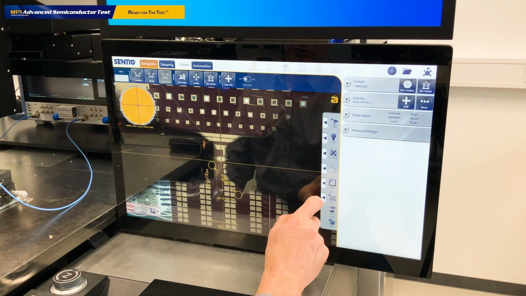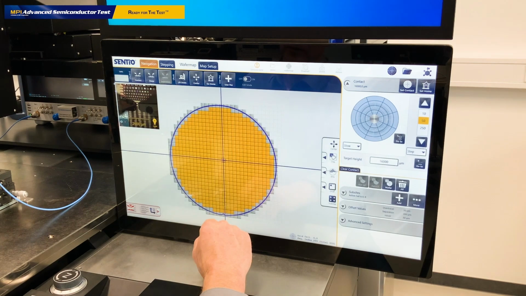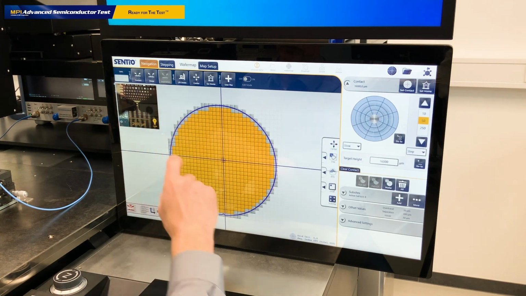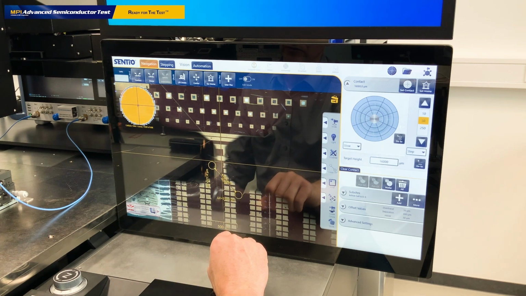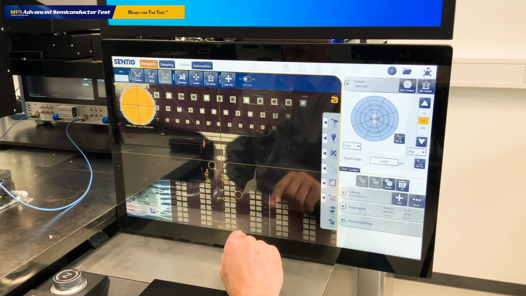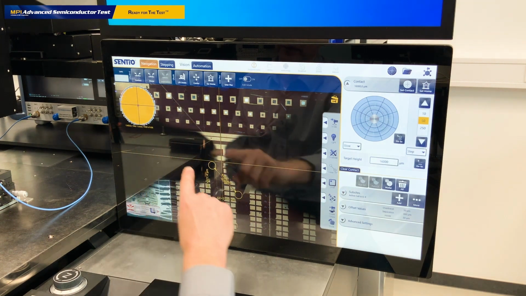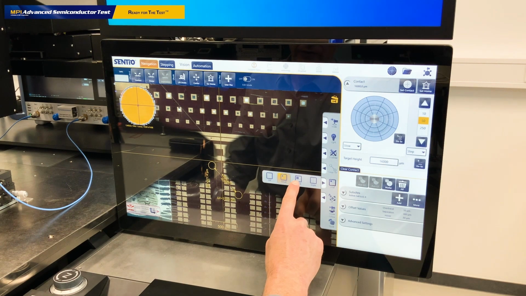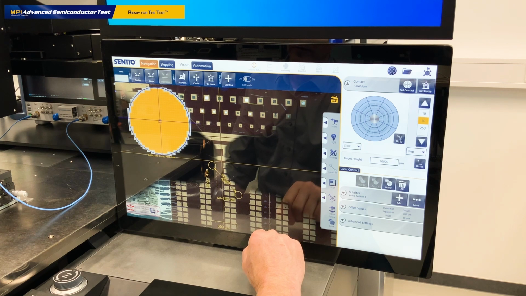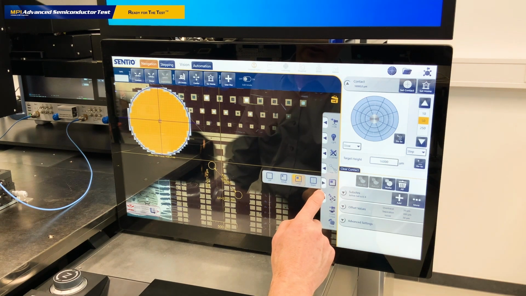The picture-in-picture in a small view enables you to quickly switch between the wafer map and the vision module, which is very nice because you often switch between these 2 modules, and it's very easy to do this using the function here. Another benefit of the picture-in-picture is that it always gives you feedback of the current status on the other module. You can also configure this to a larger representation, so this is bigger now, or you can even select the triple view,